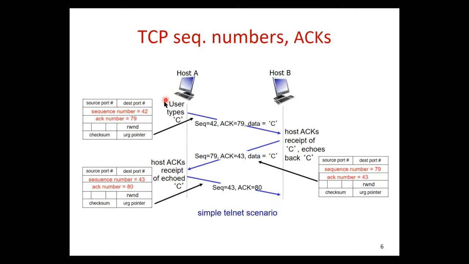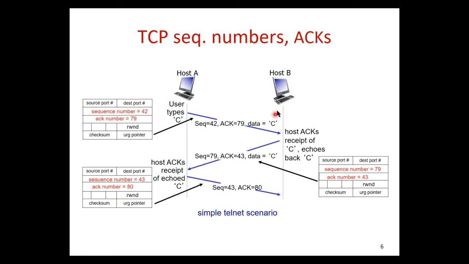So here host A will do two things at the same time. It will use this sequence number for the data that it's sending to B. It will use the acknowledgement number to acknowledge the data that it has received from B using the same header. So what it sends here is sequence number 42, acknowledgement number 79, and the data is the character